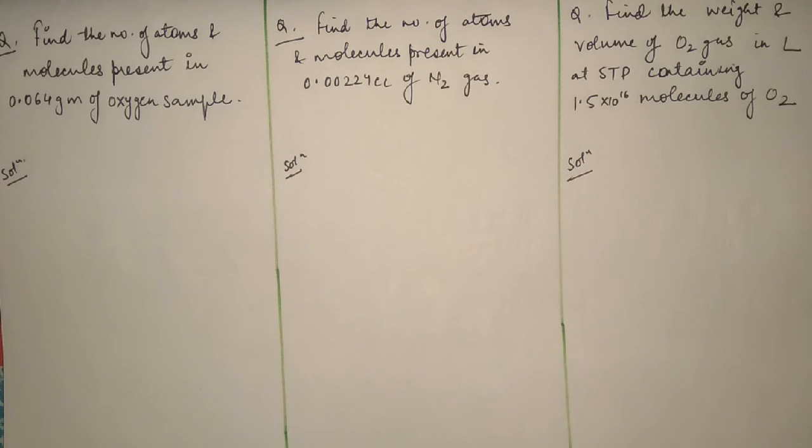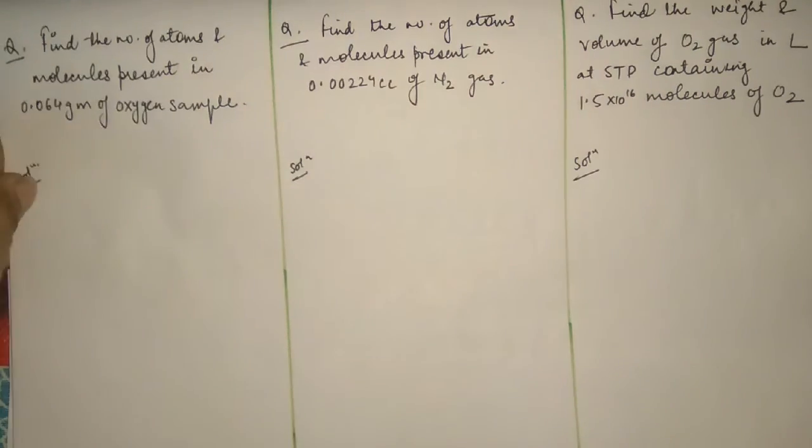Let us do some questions which will clarify the mole concept further. It is very easy. You just have to use a little bit of brain. You don't need to mug up any formula. Just remember one thing: gram atomic weight is equal to 1 mole. If you're talking about an atom, you will take the atomic weight of the atom. If you're talking about a molecule, you can calculate the molecular weight. So gram atomic weight is equal to 1 mole, and which is also equal to Avogadro number of particles. Let us see some questions.